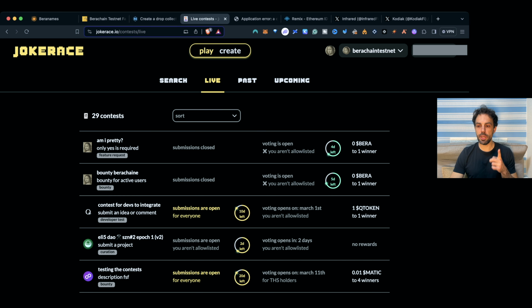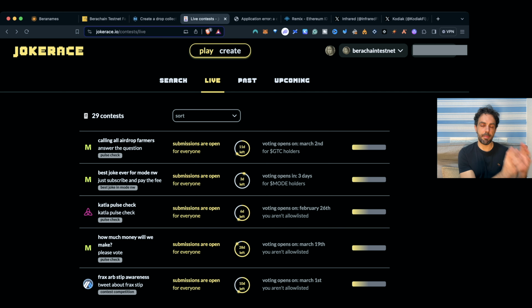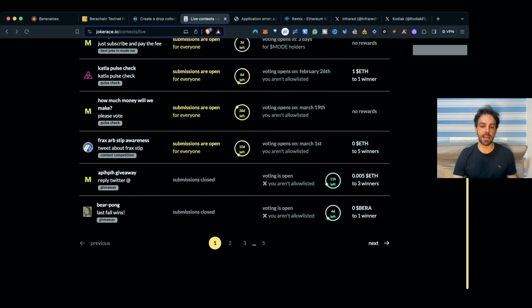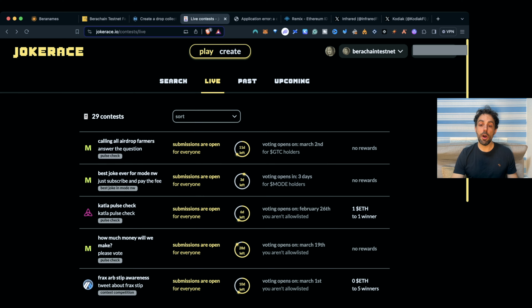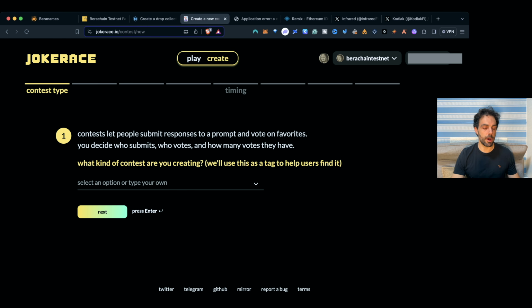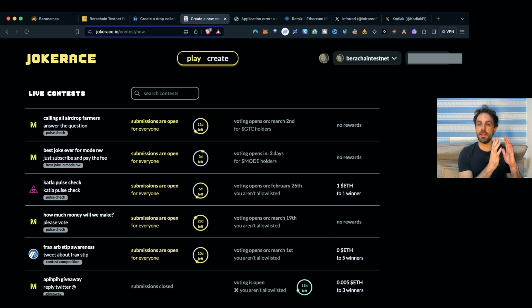What you have to do is go here and select the Berachain Testnet, as you can see selected on my screen. Once you have selected it, you can do two things. First of all, you can play: simply select one of the games available on Berachain. You can identify them by the Berachain logo, and you will also find Bera as the currency used to sign the transaction. Or, on the other side, you can create one. Feel free to do both. It is pretty straightforward: click on it, interact with the protocol, and sign it